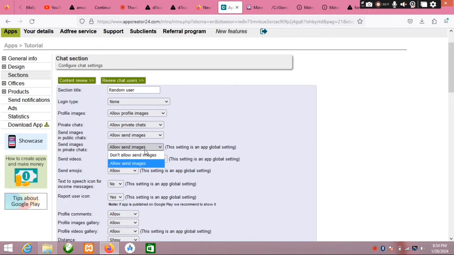That one is also like in private chat, if you want them to be sending images to themselves. And they send videos in public and private chat. If you want to allow it or don't allow it in both, you can put don't allow, only in private chat, only in public chat, and both in private